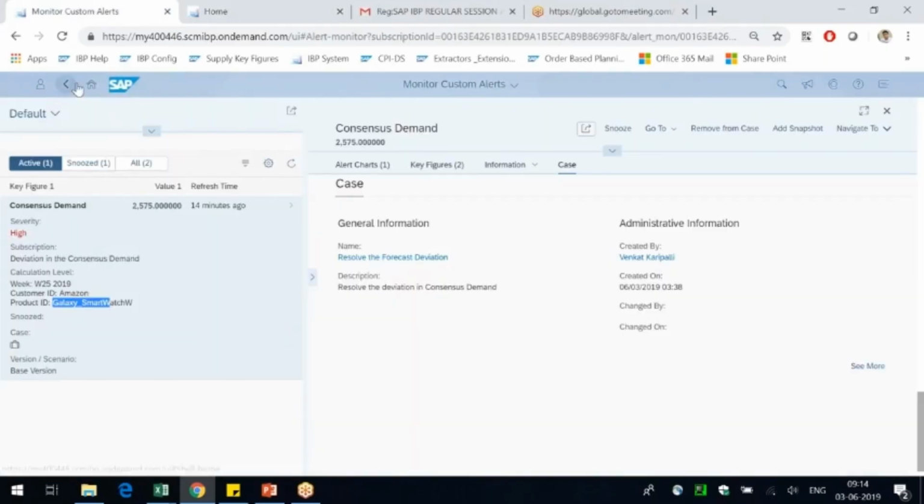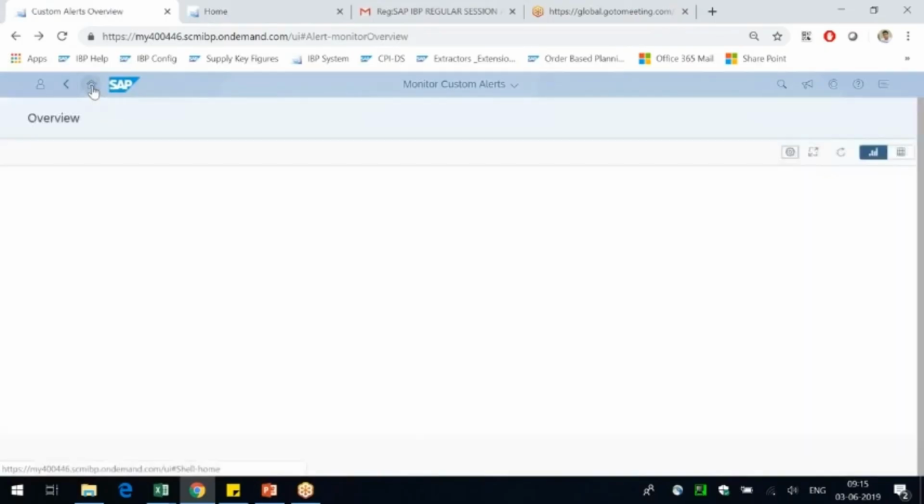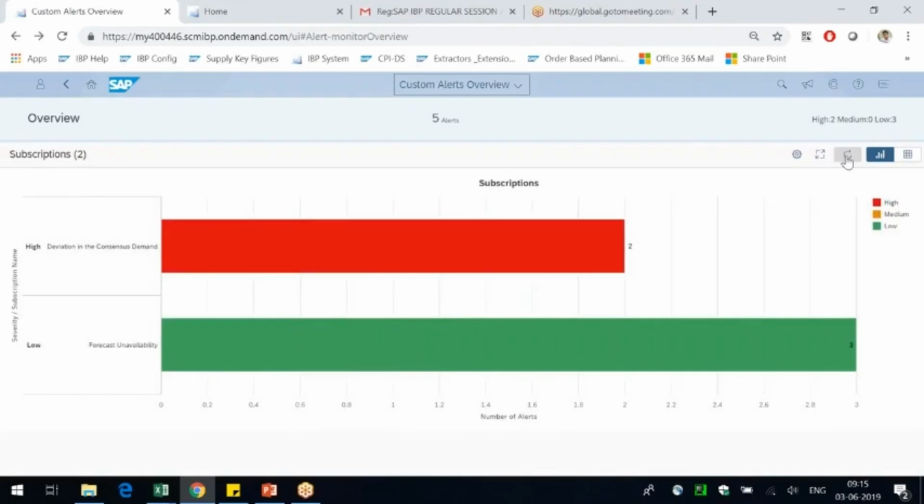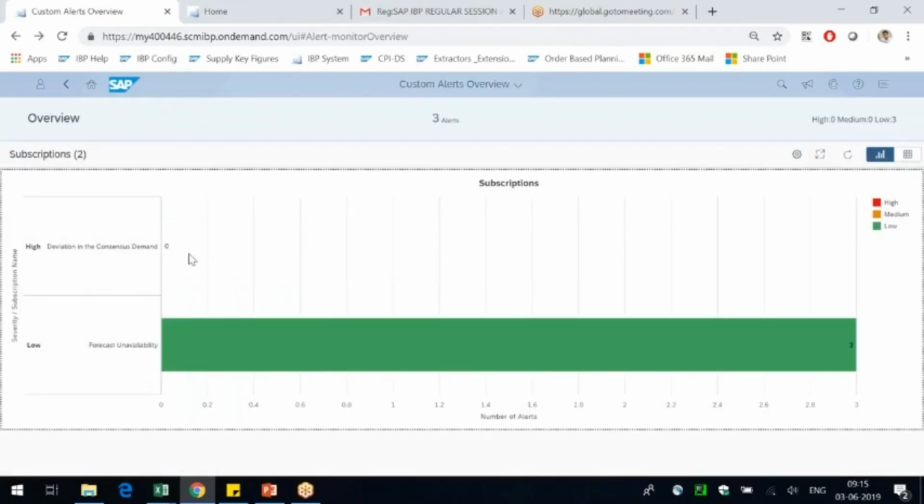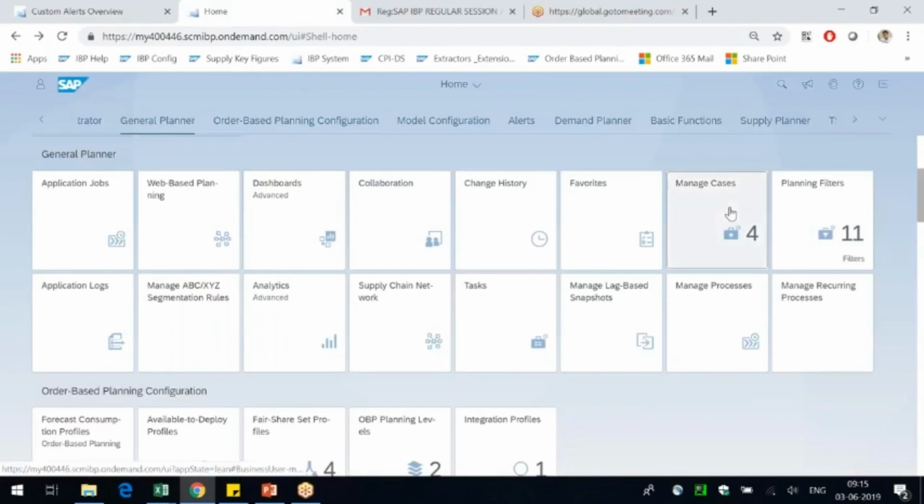So first of all, let's see, I'm on the overview page. So there are two alerts. If I do a refresh, okay, these alerts are gone, which means there are no alerts now. All the two places I have fixed them. So now if I come to the managed cases,